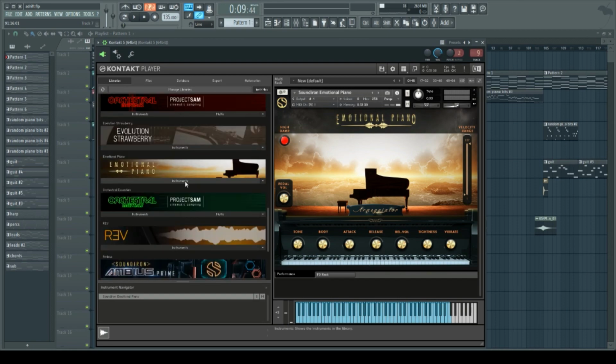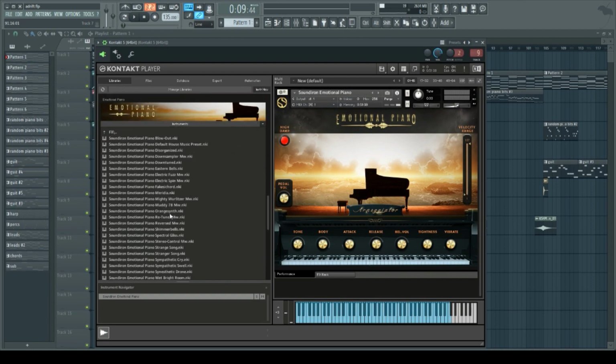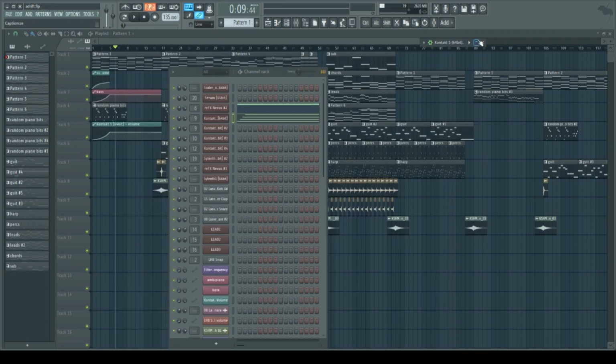So I used Emotional Piano. I really like this plugin. It has a lot of different settings on it. For example, on my other song Only You, I used the Muddy 78. It gave it those stereo crackles and pops in the beginning when I used the piano. So in the intro, my main instrument is the piano,